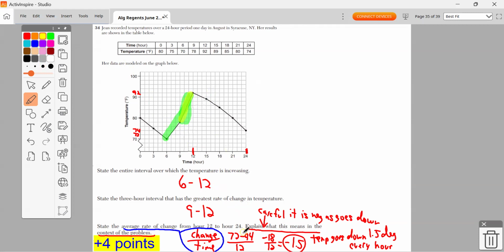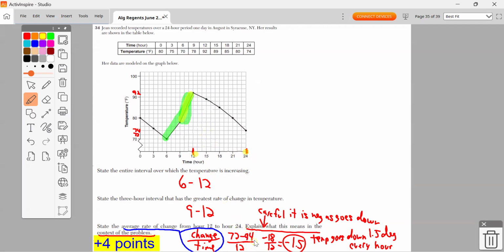State the average rate of change. Average rate of change, we do how much it changes over what period of time. From hour 12 to hour 24. So from here to here. So the time is easy. The time changes by 12 hours, going from 12 to 24. How much does our graph change? It goes from